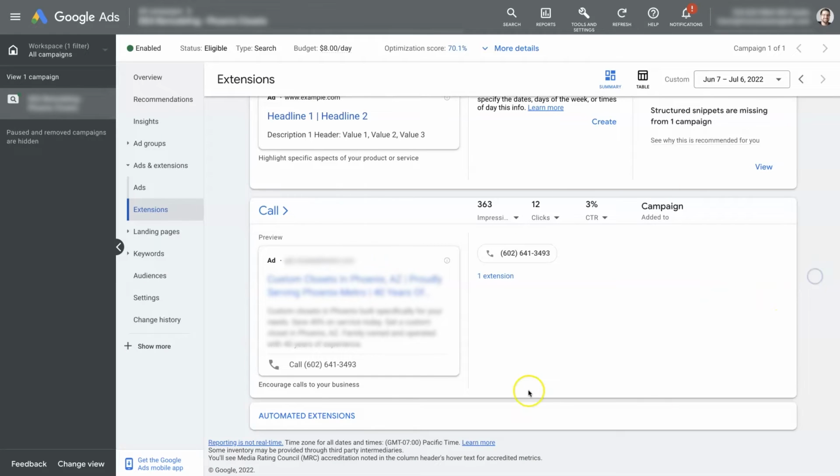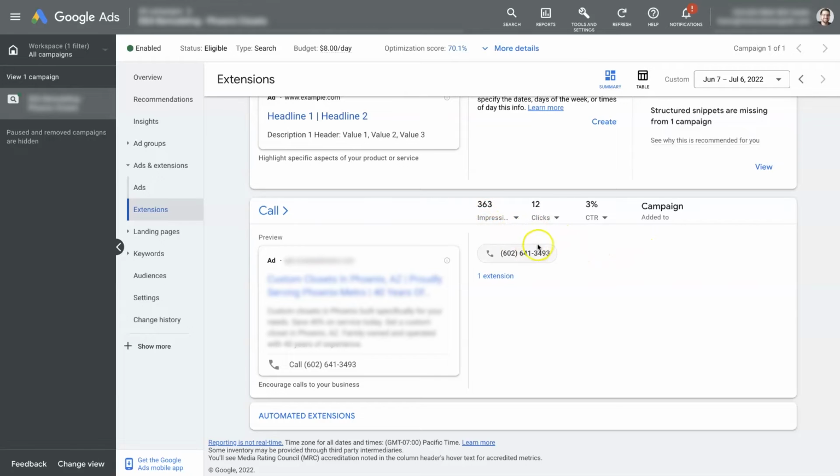Now you'll notice as your Google Ads call extension is running, you start to get some campaign analytics right here for each campaign that you're running this extension in, or a call extension in. You can actually have different call extensions for different campaigns. But you'll notice there's some analytics up here, and what these mean, because this can be a little bit confusing,